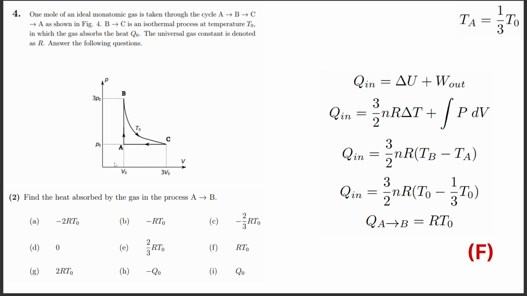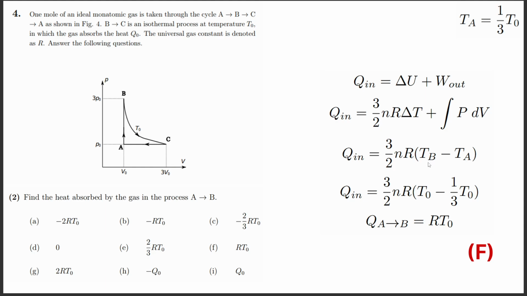So we can just write the Q absorbed is the change of the internal energy, and it's equal to 3 over 2 nR times the change of the temperature,